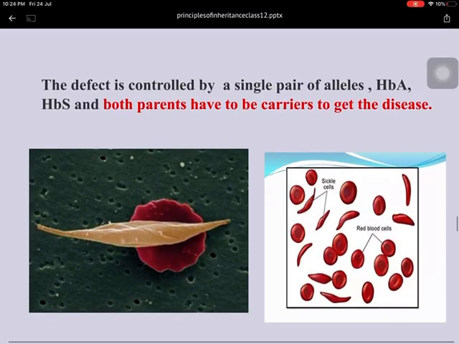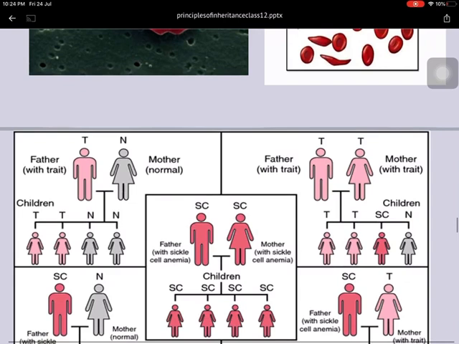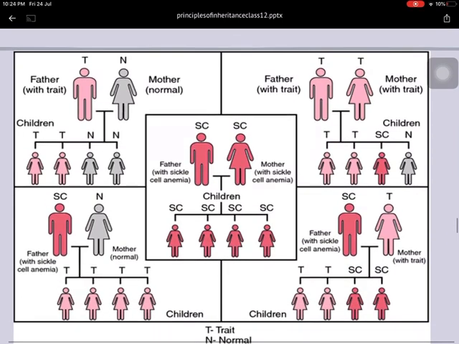This is the normal blood cell that appears as a biconcave surface, and the sickle cell, that means the structure of the RBC is changed into a sickle-like shape. So this is actually related with a property of the RBC, that is a qualitative property of the RBC. Here there is some example you can see, and try to understand how we can find out sickle cell anemia.